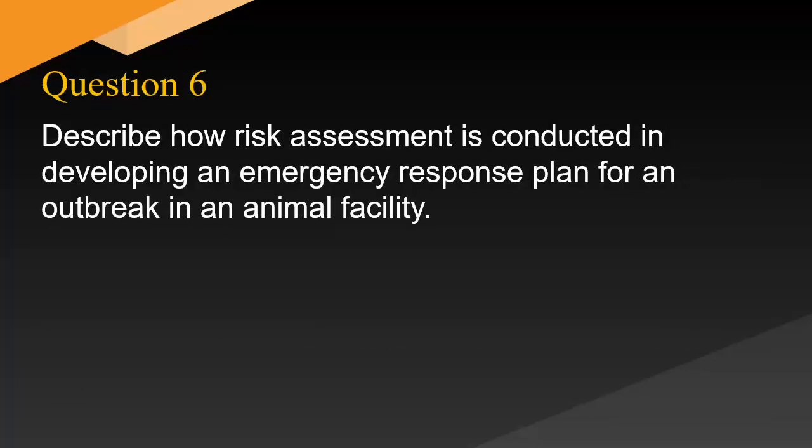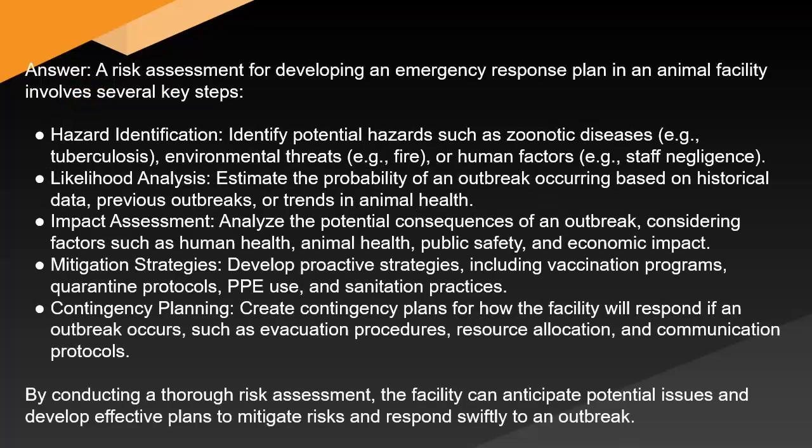Describe how risk assessment is conducted in developing an emergency response plan for an outbreak in an animal facility. Answer. A risk assessment for developing an emergency response plan in an animal facility involves several key steps. Hazard identification. Identify potential hazards such as zoonotic diseases, e.g., tuberculosis, environmental threats, e.g., fire, or human factors, e.g., staff negligence. Likelihood analysis. Estimate the probability of an outbreak occurring based on historical data, previous outbreaks, or trends in animal